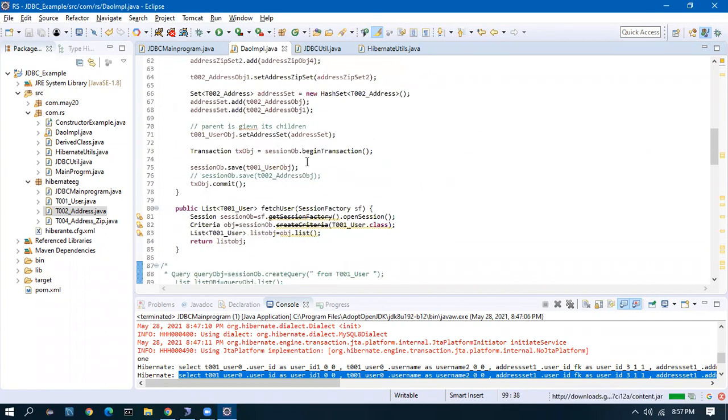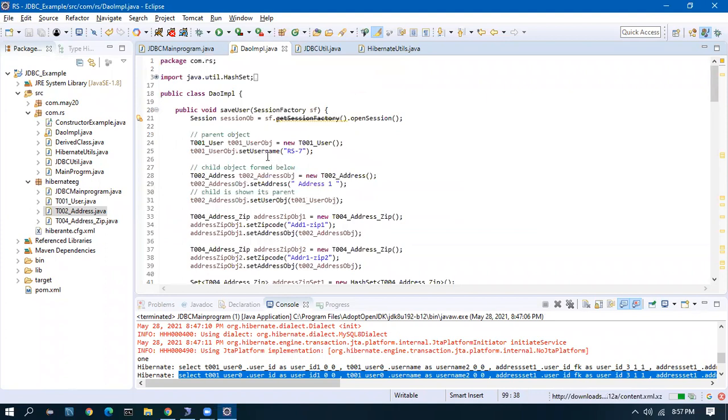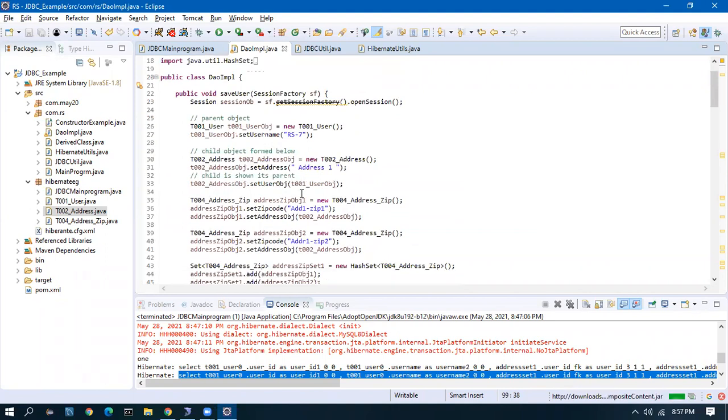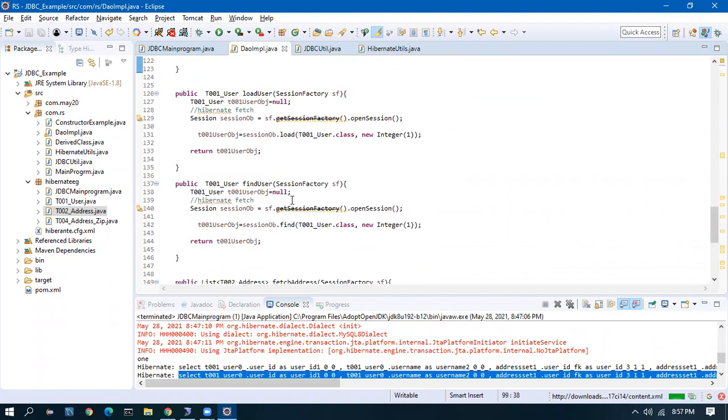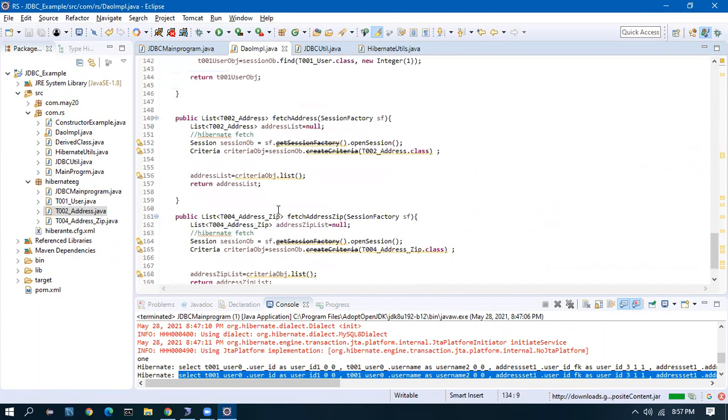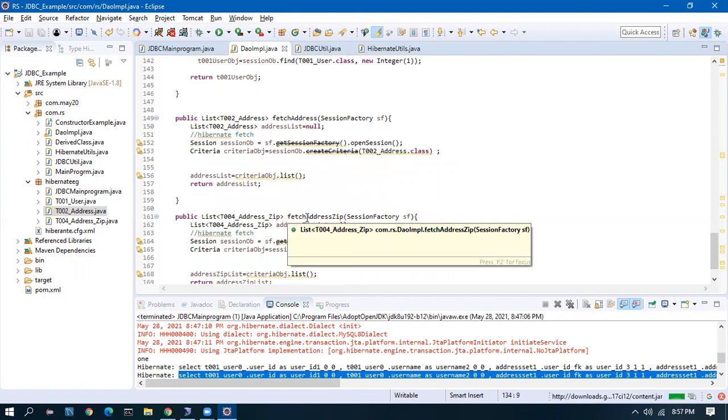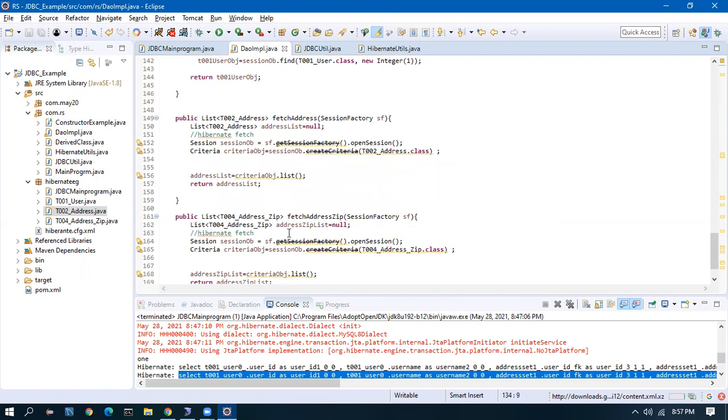Load is just going to load a proxy, not the actual object, and find is actually going to load the actual object. And we saw examples of how to fetch the parent and child. In the child, by default, the parent object will come up as it is a many to one relation.